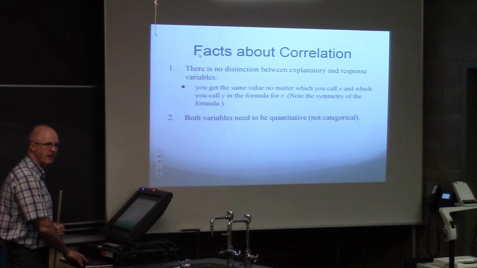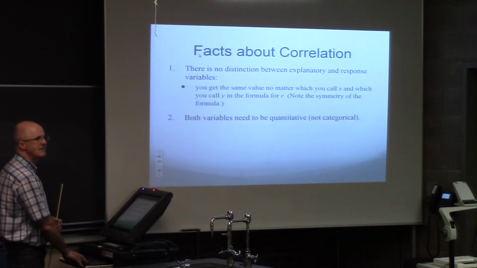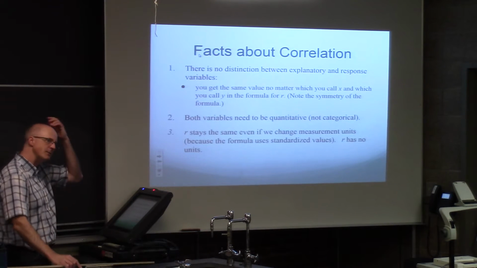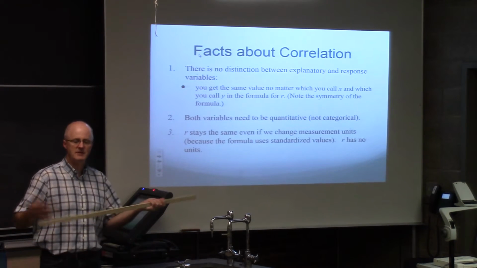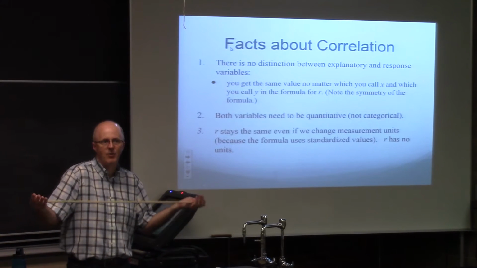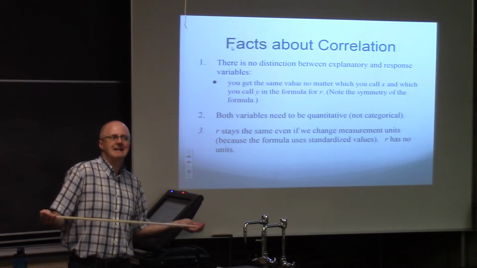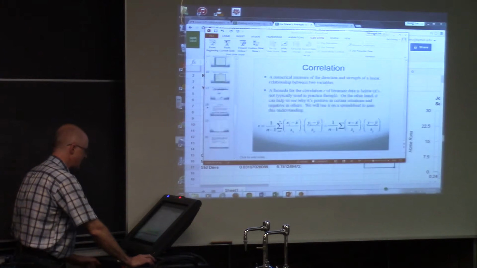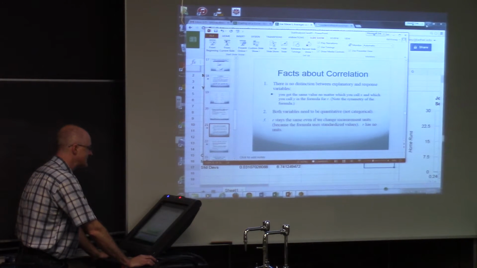Of course, both variables need to be quantitative, no categorical variables. Favorite pizza doesn't have a value you can plug into your formula. R stays the same even if we change measurement units. I mentioned, for example, if you switch between meters and feet for length and kilograms and pounds for weight, it doesn't matter, the correlation would be the same. You can also illustrate this visually, and I made a Mathematica thing to do this,